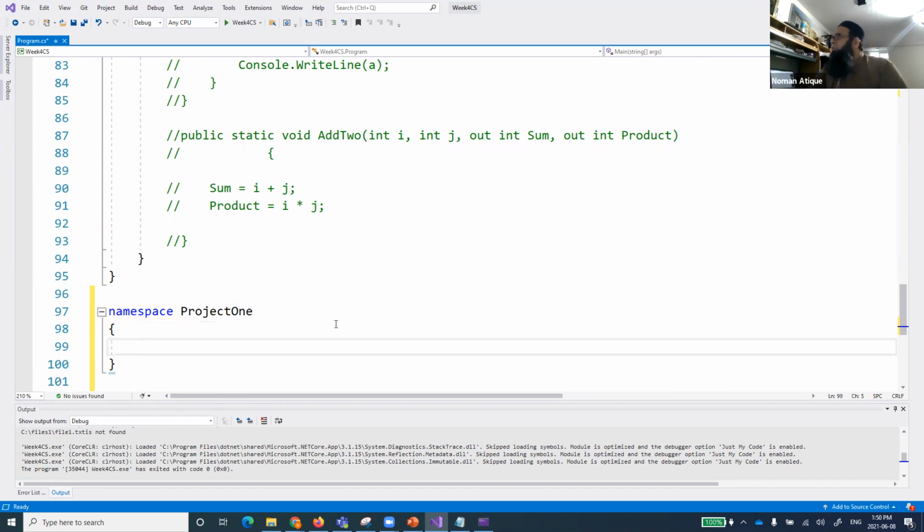And I want to manage something inside that one. Now in this namespace, I want to create classes inside that namespace, right?